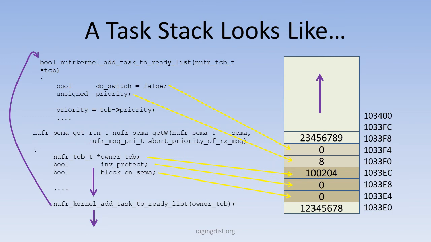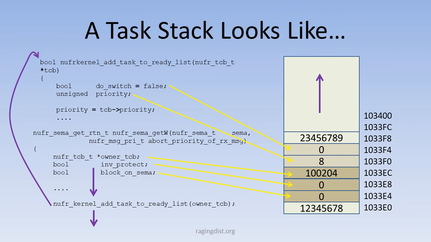But with these three locations here, the values of these three variables are saved. So when the thread executes its NUFR kernel add task to ready list and jumps up to the top here to execute down through that function call,